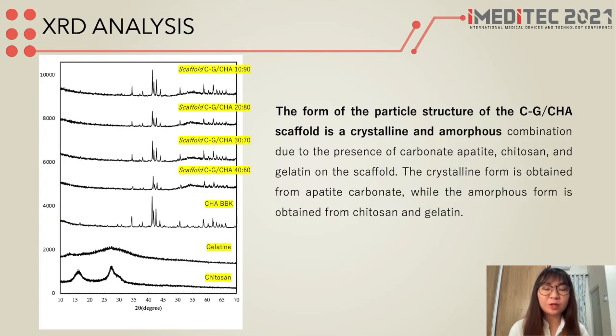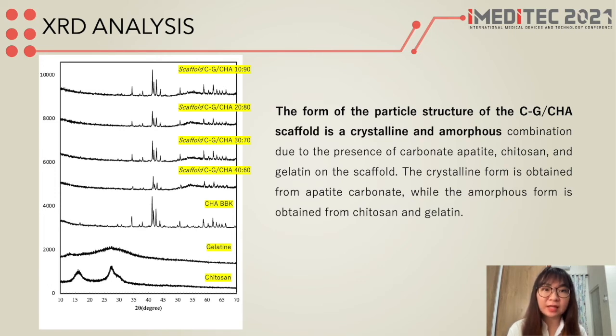XRD was performed to analyze the structural properties. As shown in the figure, the pattern of XRD analysis on chitosan sample shows a wide diffraction peak at 10 and 20 degree, then the intensity decrease. This pattern indicates a semi-crystalline characteristic, and it has a dominant amorphous structure. The XRD pattern on the gelatin sample shows a sloping diffraction between the peaks of 20 until 41, which indicated the presence of an amorphous form.